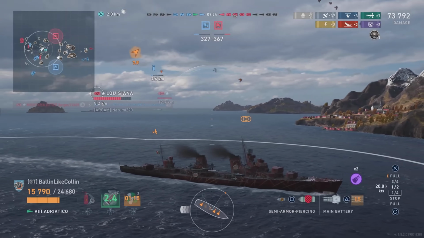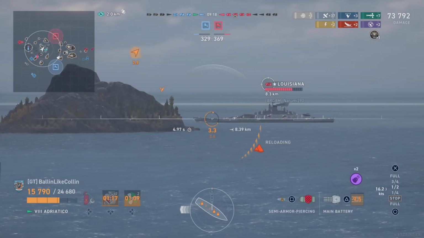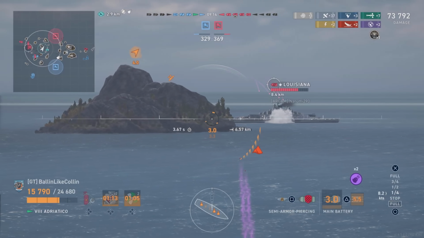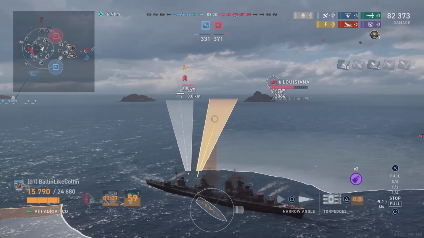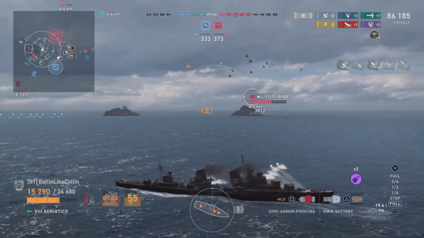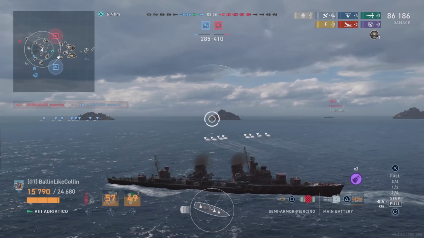Now, we do launch some torps in the direction of that Louisiana. And the problem with Italian torpedoes is they take forever to go anywhere. Like, they just do. And we've hit 7 of them. Of course, most of those hits were on the enemy Aegir. Sorry, my brain is fogged up right now. But we get our drop away on the